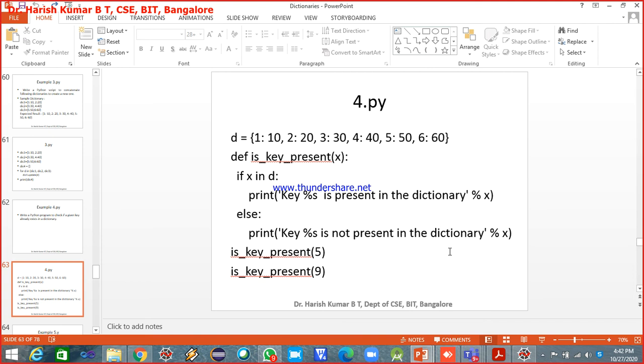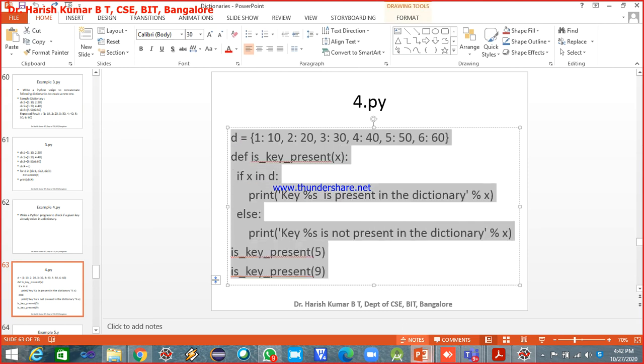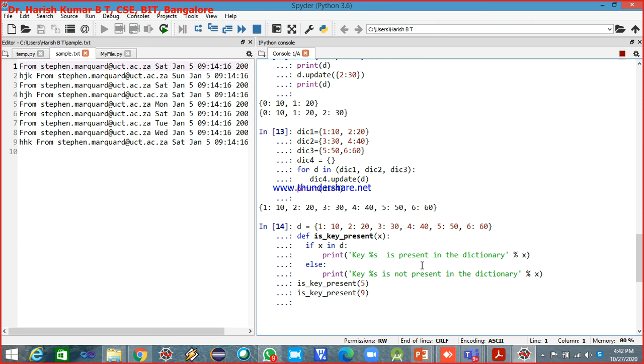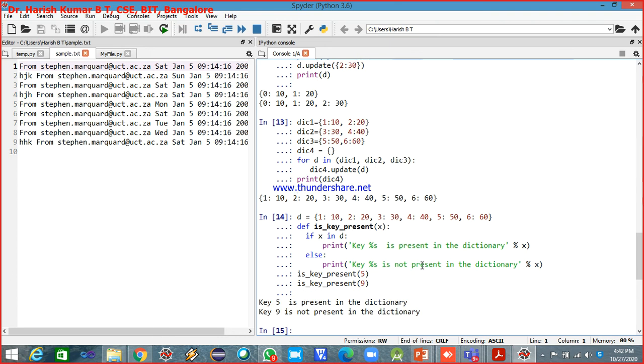So then you have to extract the values from the dictionary. How do you extract the values from the dictionary? On the dictionary you should invoke the method called values and make the list of values, and on the list of values you can use the in operator to check whether the value exists or not. Okay, key 5 is present in the dictionary and key 9 is not there in the dictionary. Okay,